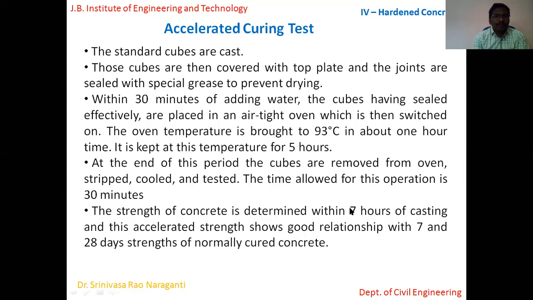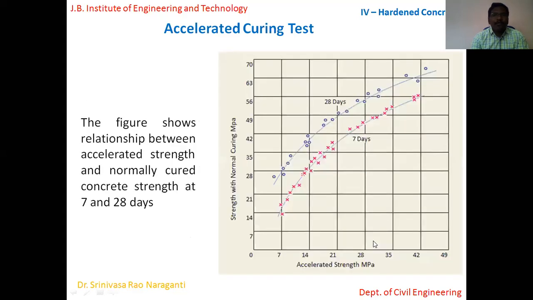So here it's all the same. Once you take it out of the oven, you let it cool for 30 minutes, then perform the test. After performing the test, we get the strength after 7 hours, because what we test is for the 7 hours. After 7 hours of manufacturing the concrete, we find out what the compressive strength is. That means now we have the value of compressive strength of concrete after 7 hours. Now there are standard graphs available to correlate strength of concrete after 7 hours versus strength of concrete after 7 days or 28 days. We use this graph.